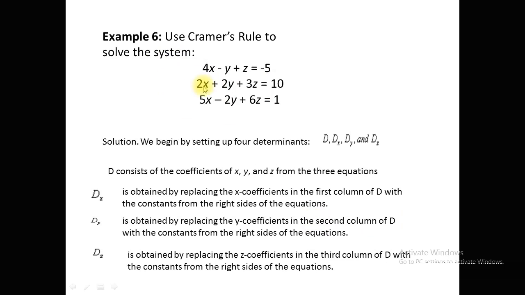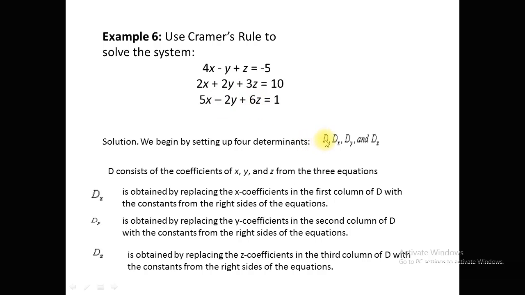Now, dear students, this is the last example of this topic. Suppose we have a system of three equations: 4x minus y plus z is equal to minus 5, and another equation 2x plus 2y plus 3z is equal to 10, and the third equation is 4x minus 2y plus 6z is equal to 1. So for the solution, we begin by setting up four determinants, like the determinant of the